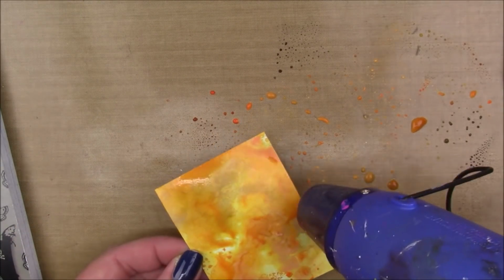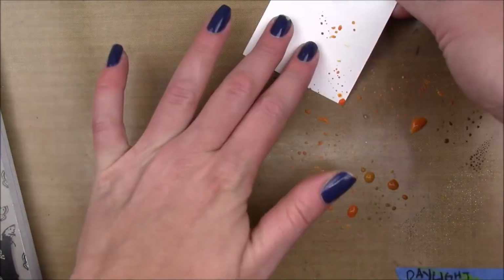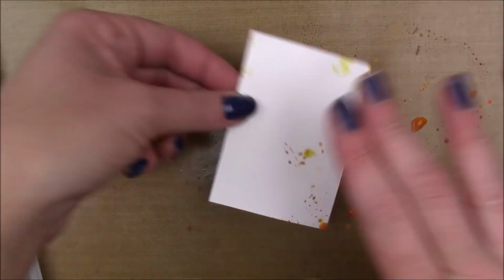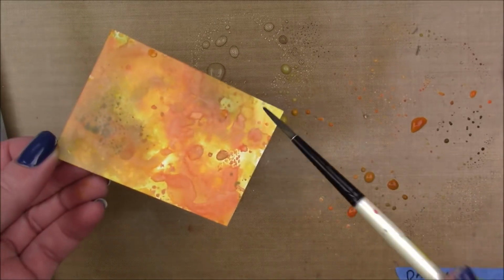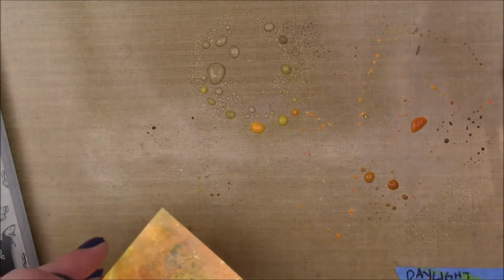So I just pick the colors I want, and if I have them in oxide, then I do. If I don't, I mix them. So it's not a technique thing. It's a cheap thing. I don't want to buy more ink. So yeah, I'm also going to squirt a little water out on my craft sheet to make some little